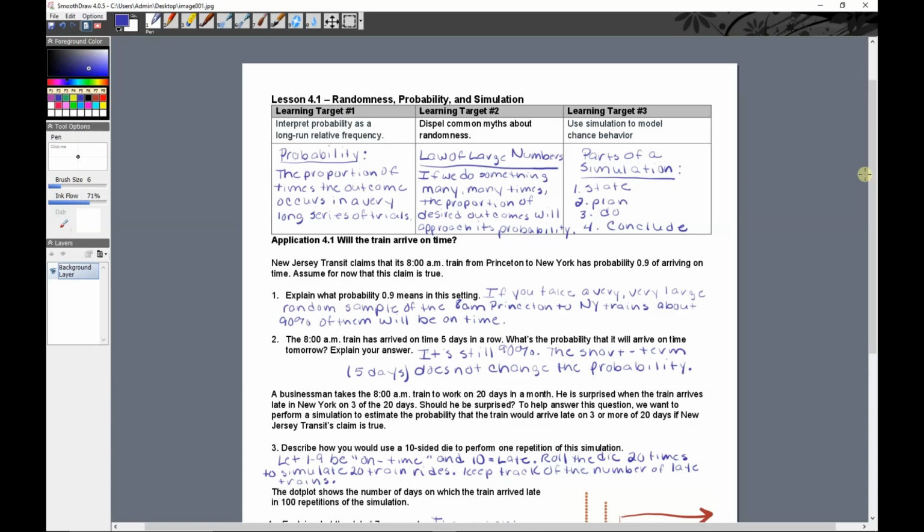We can do it by flipping coins, rolling dice, using calculators, just picking slips out of a hat, you name it. So you figure out how you're going to pull off this simulation, then you do it, and then you witness what happens, and then you draw your conclusions, you communicate them, and so forth. There is a simulation coming up in application 4.1 which will get your feet wet,